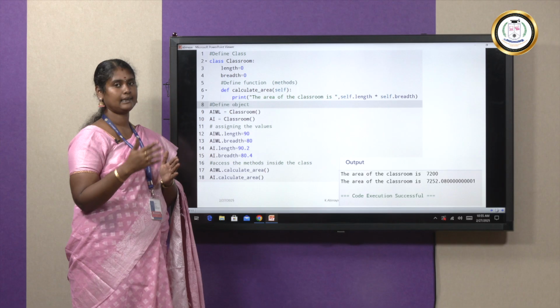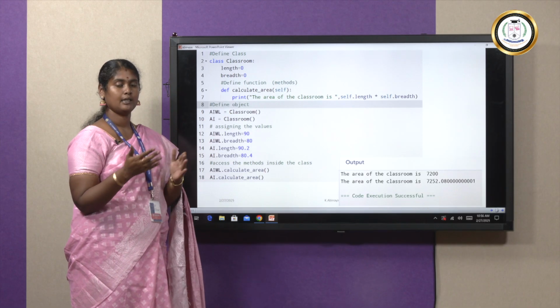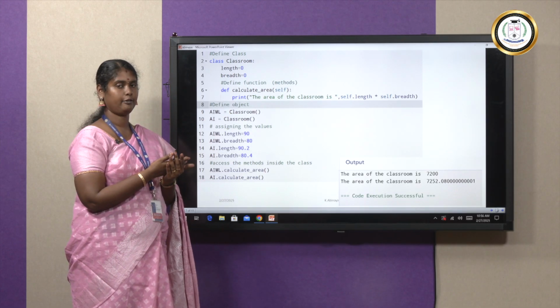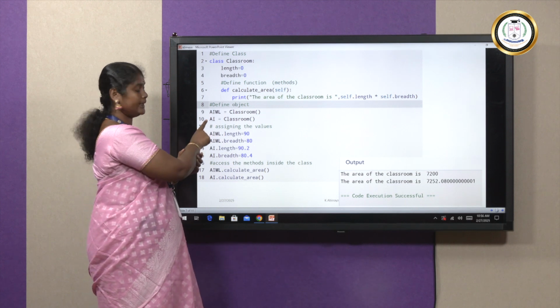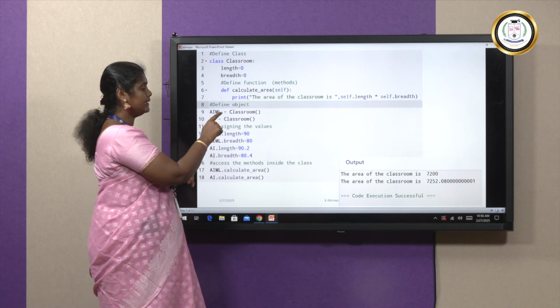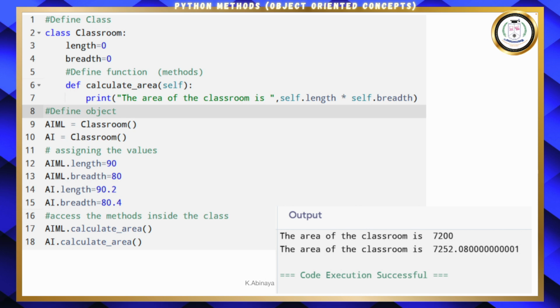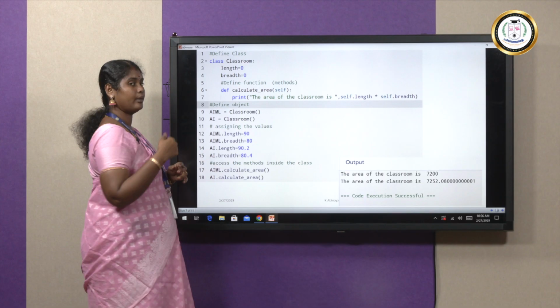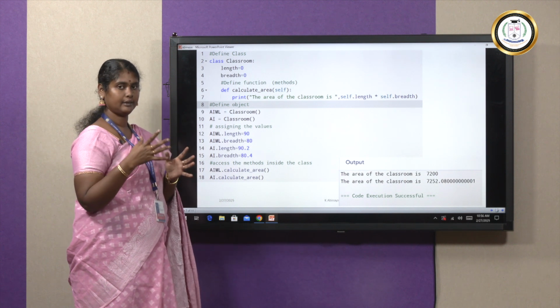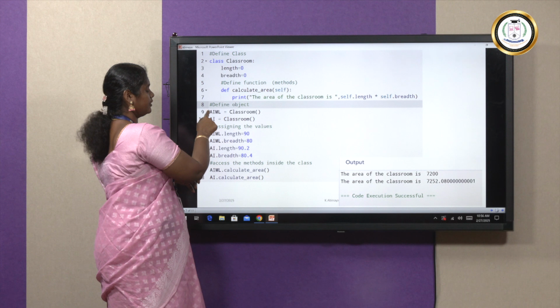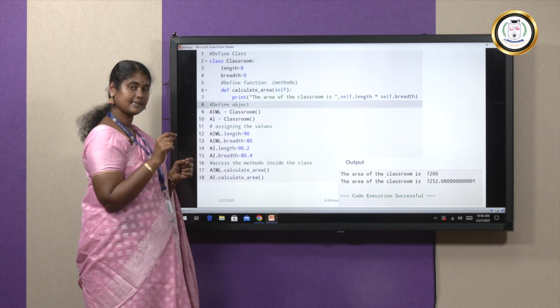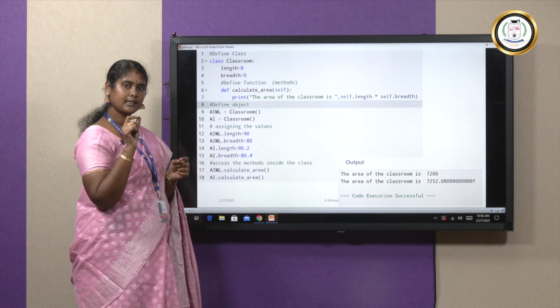Object is equal to class name, whatever we have given. Here I am going to calculate the area for the AML classroom and the AI classroom. So I have created the object name as AML is equal to, and the class name I have given is Classroom. So Classroom of, and again I want to calculate the area for the AI classroom. So AI is equal to Classroom of. The 9th and the 10th lines represent the objects. Object is equal to